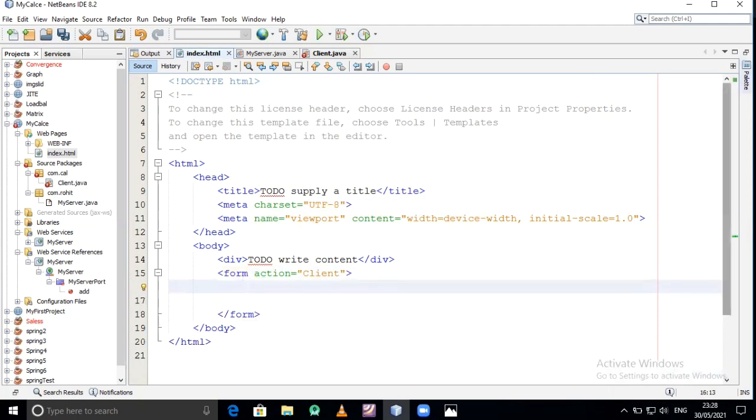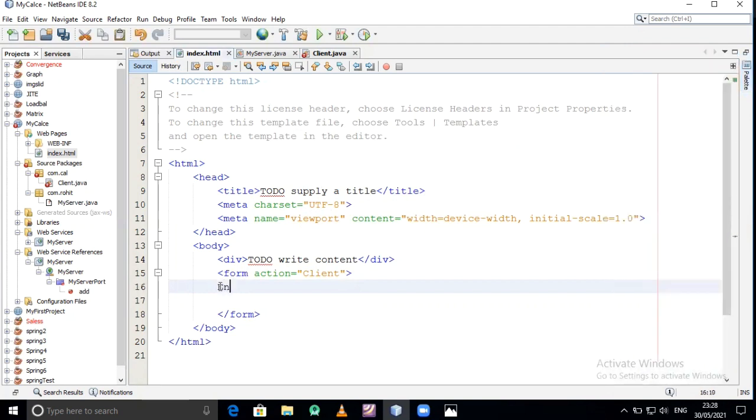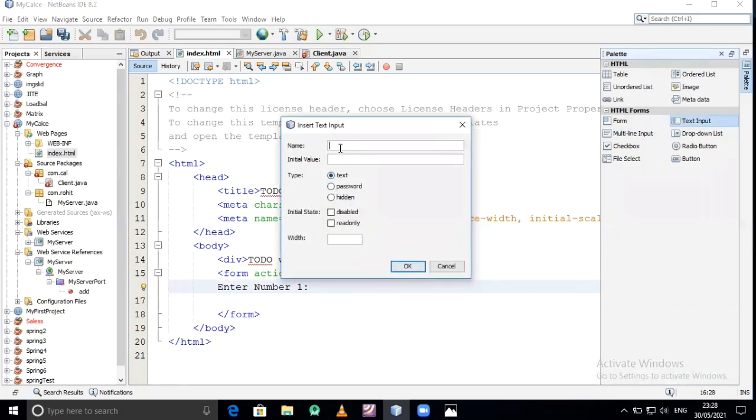In that I'm taking two text inputs. Here, enter first number. I'm giving this as an input, and the name is nothing but the variable name which is accessed from the servlet. So the name is, suppose, num1.